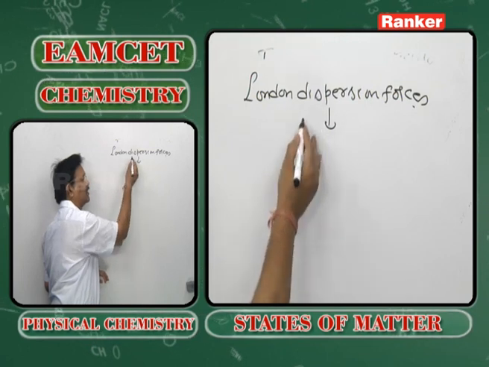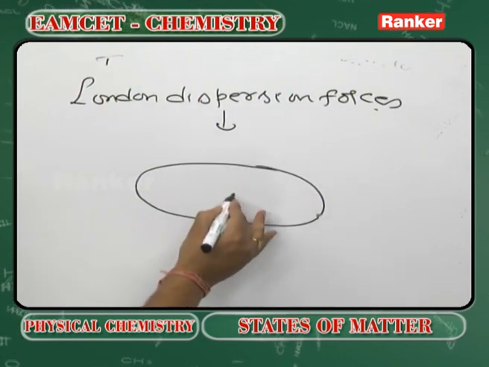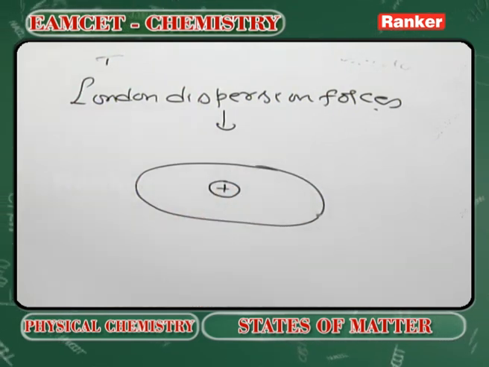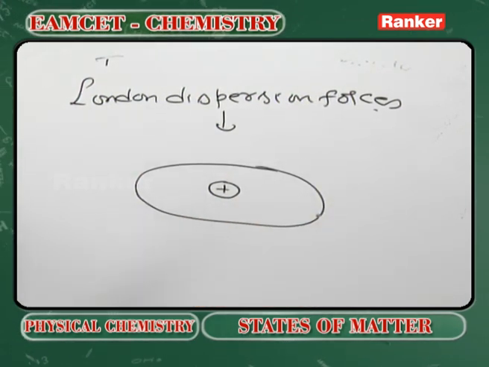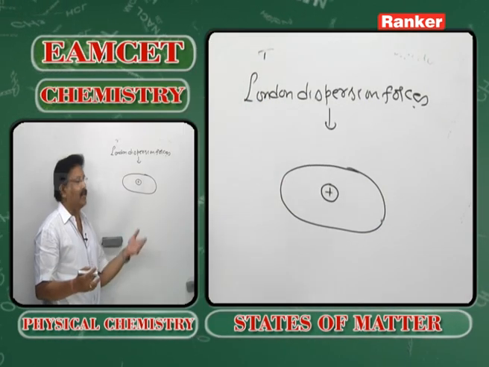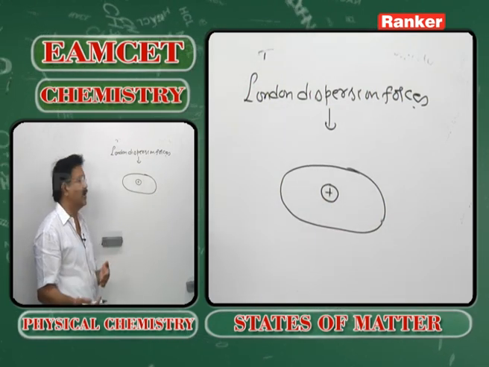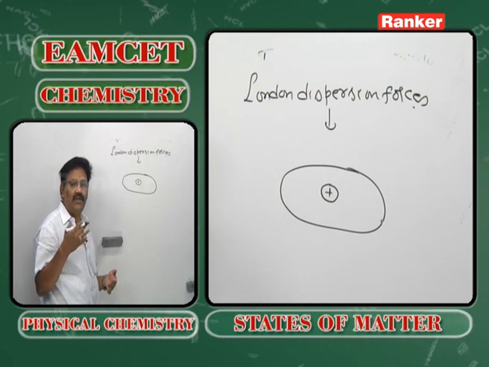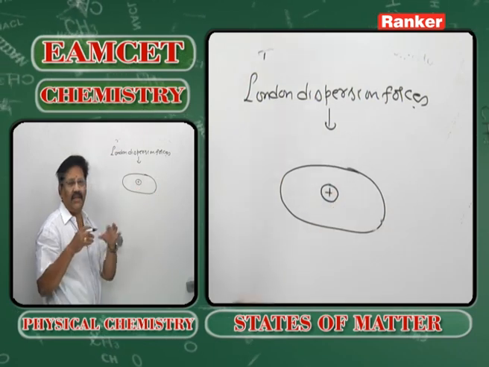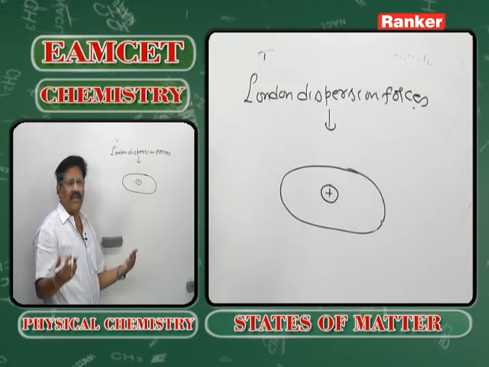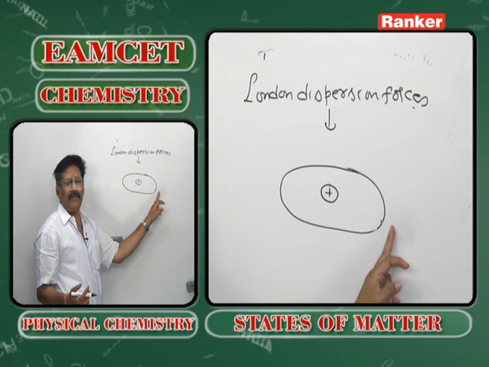How is this type of force of attraction generated? Normally, the distribution of the electrons around the nucleus will be symmetrical. For a moment, the symmetrical distribution of the electrons around the nucleus will get disturbed, leading to the formation of a temporary dipole. So when we consider helium or any other non-polar covalent compound, first a temporary dipole will be formed,